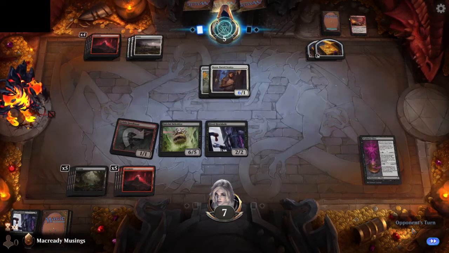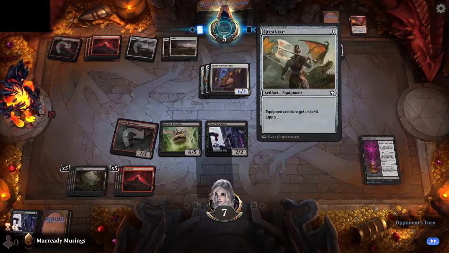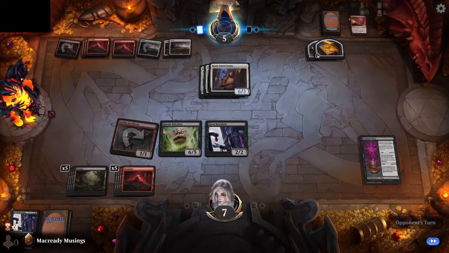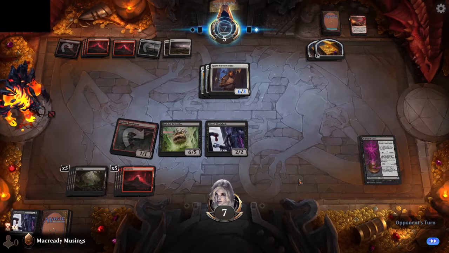Now if I just swing with everything on my next turn. Ooh, they have got a Paladin. I don't think that actually makes that much of a difference. Yeah, it just gives an extra life. Okay, they have 1 card left in hand though, whatever that might be. But I think if I swing out fully,